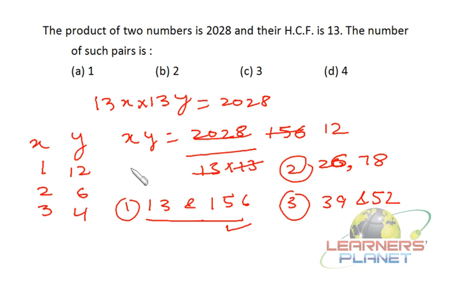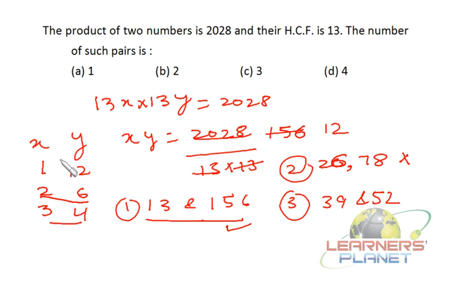Now we can make a comparison over here. See, the HCF of 2 and 6 is actually 2, it's not 1. Okay, so 2 and 6 actually are not co-prime to each other. That's why we are not getting the numbers over here which have the HCF as 13. Okay, so 26 and 78 cannot be the right choice. Okay, then similarly 39 and 52, HCF is 13 and product is 2028, since 3 and 4 are co-prime to